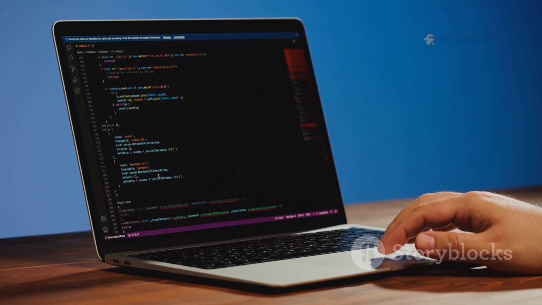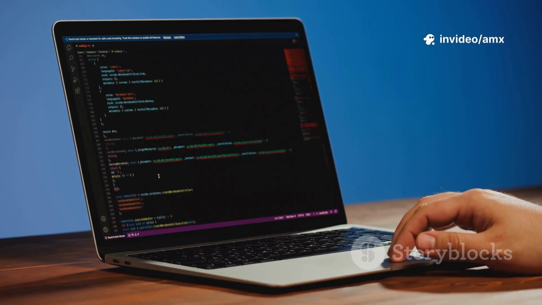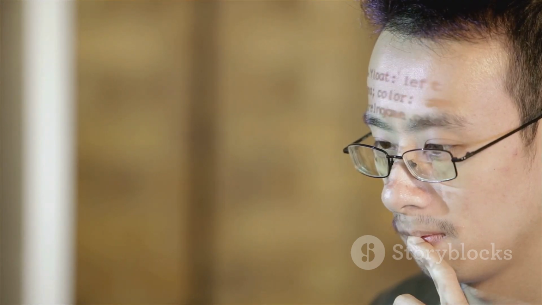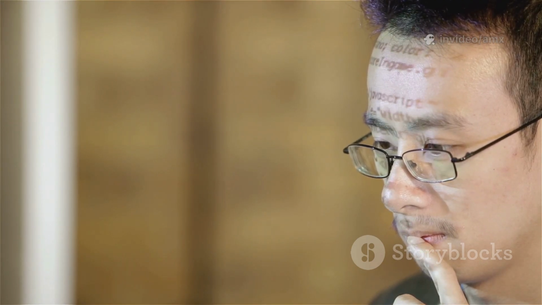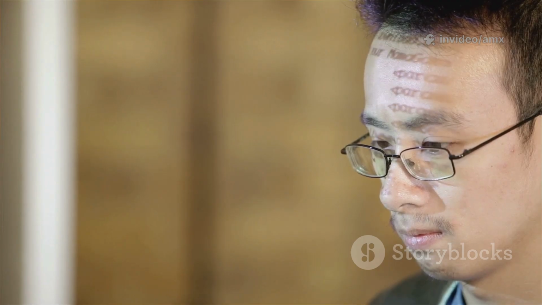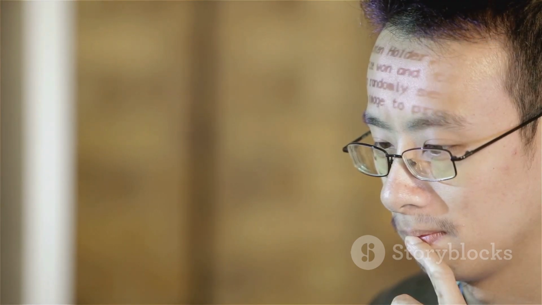Use let when you expect the value to change over time, like a game score, a user's age, or the number of items in a shopping cart. With let, you can update the value as often as you need throughout your program. For example, if you're building a counter that increases every time a button is clicked, let is perfect for that job. You can start with let count = 0 and then update count as the user interacts with your